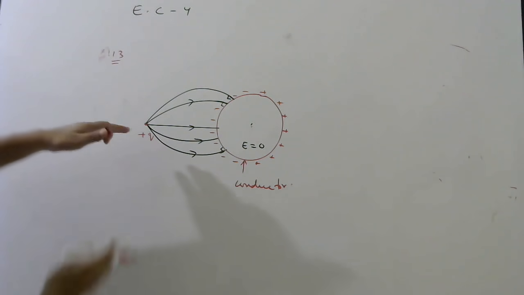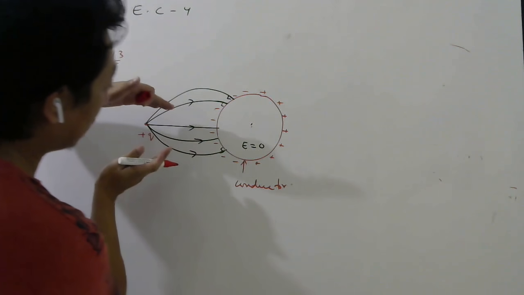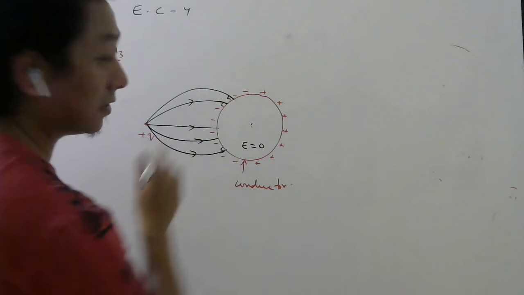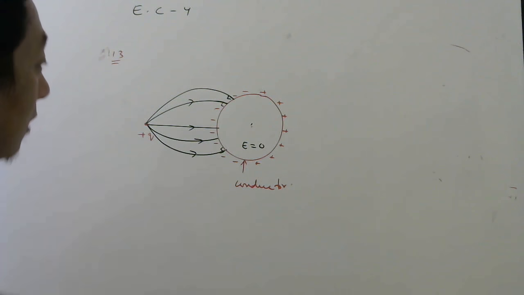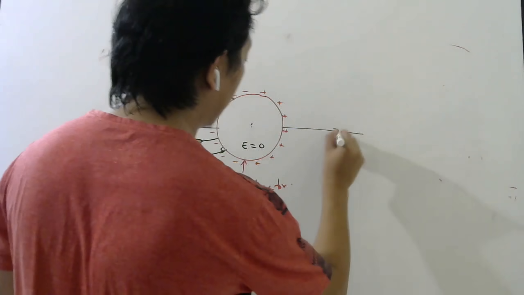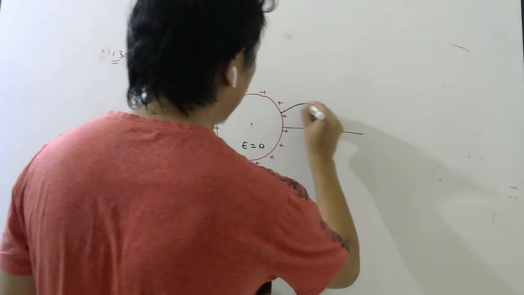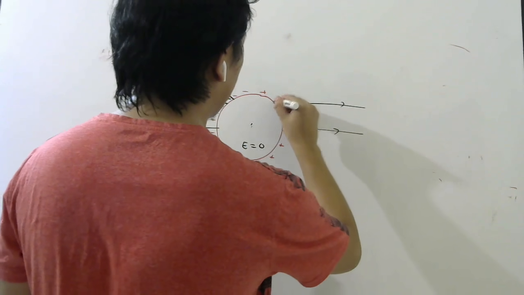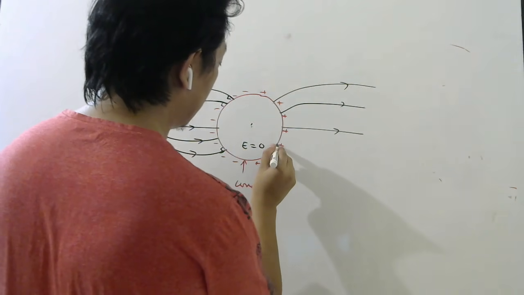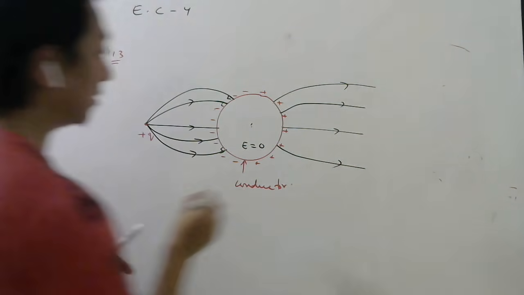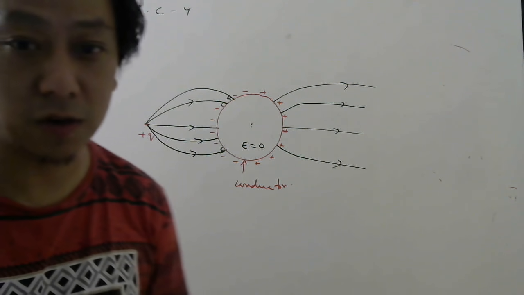So here electric field lines will start from positive and it will end on this negative charge. Similarly that side it will start like this. Here it will be away. Here it has to start perpendicular then away. Okay, perpendicular then away. Perpendicular then away, like this. So this is how the electric field lines will look like.